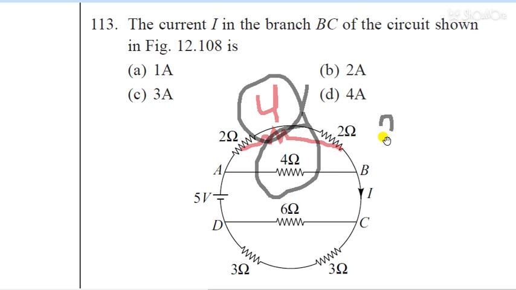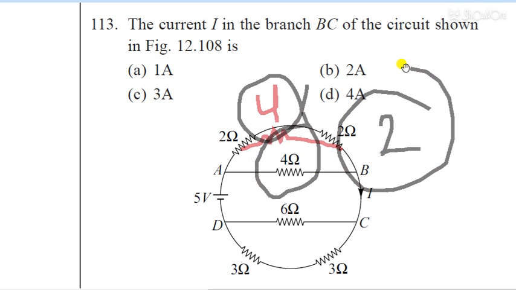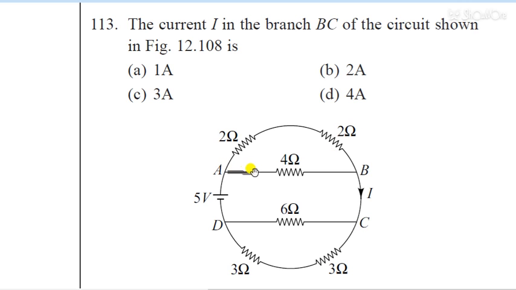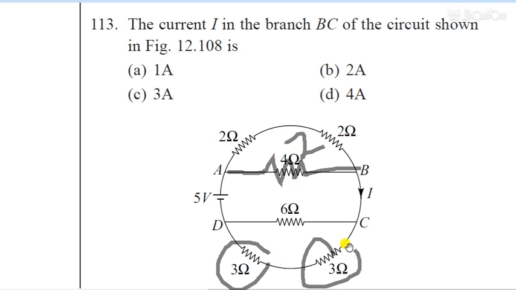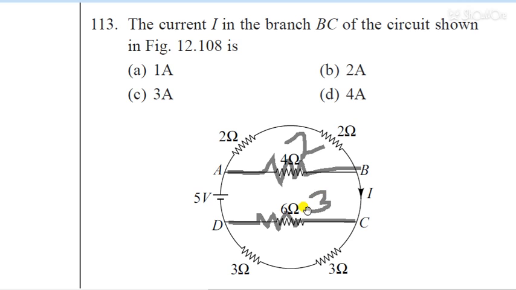That means this will give me 2 ohm. Here I have connected point A to B, 2 ohm resistance. In the same way 3 and 3 will give me 6, then 6 and 6 in parallel. That means I will get a resistance from point D to C, and its value will be